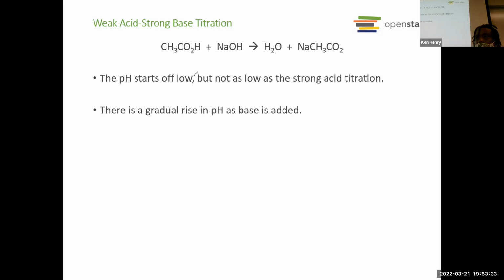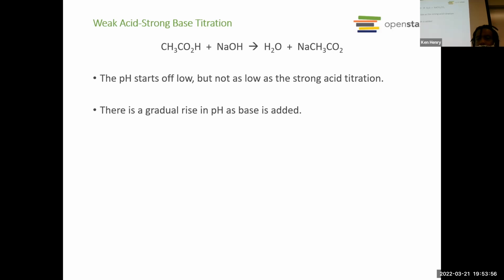pH. It should still gradually increase, but then there's going to be a point where your equivalency point is not going to be equal. And you're going to get a plateau effect happening for a bit, until you get to a certain point, right? So then